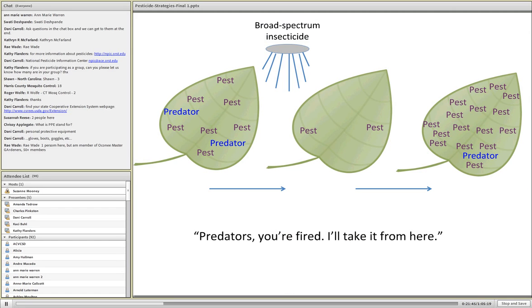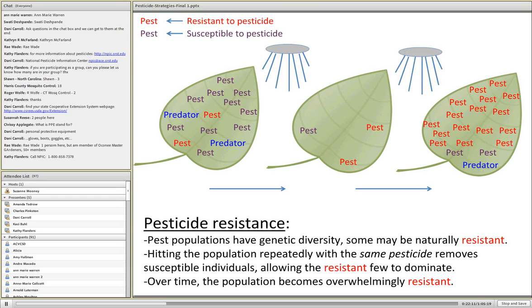You're essentially saying to the predators, you're fired. I know you're not going to make it back to a population level that's helpful to me and my garden to keep the purple pests under control. So you know what? I'm going to take it from here. Essentially, you're taking over their role. So you might be in a position to have to spray again and again as the pest populations boom without having predator pressure. So if you do find yourself in the position to spray again and again, we have to